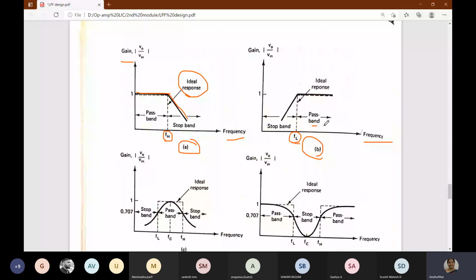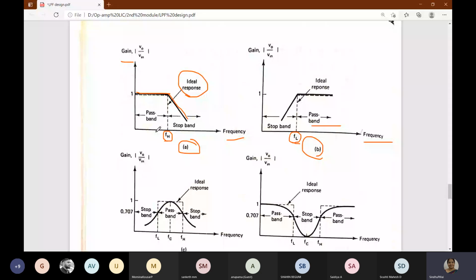Okay, those are the ideal lines, but practically it will not start exactly at FL. Slowly it will be rising, and then the gain becomes constant here. So the gain is constant after the frequency is greater than FL. And here the gain is constant when the frequency is less than FH. These are the two important frequency responses of the filters. The first one is the low pass filter, and the second one is the high pass filter, where the gain versus frequency is plotted. So, okay, this is the frequency response.